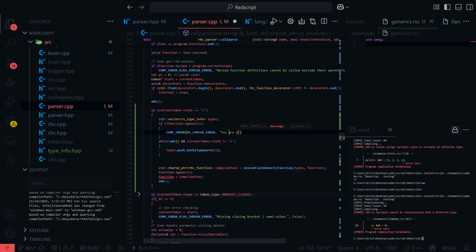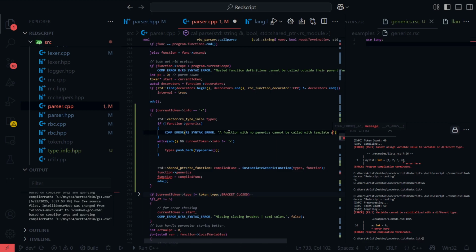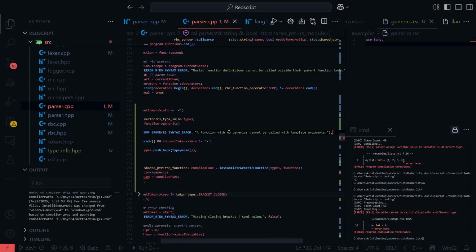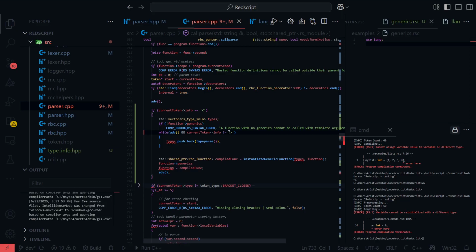You are trying a function with no generic, cannot be called with generic template arguments. So now we know generics exist, and we can do the generic variations. There we go. And we can insert